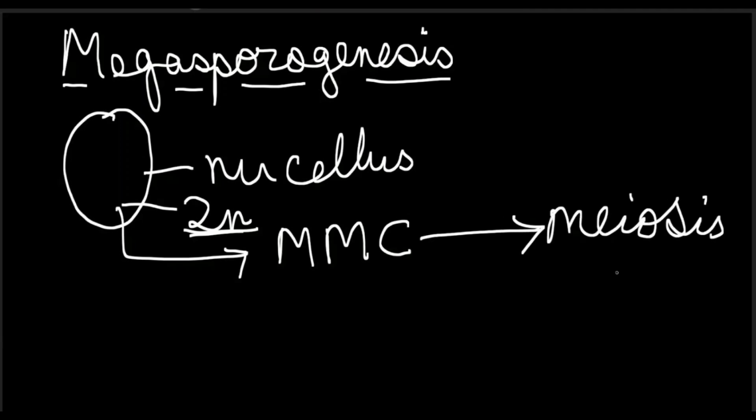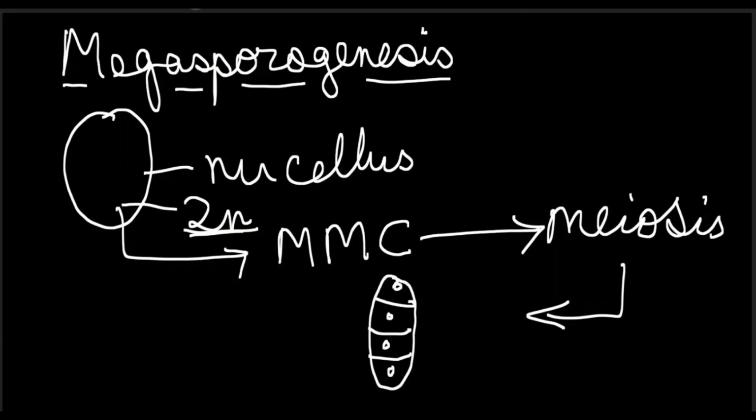As a result, what happens? It will give rise to 4 haploid cells, and these haploid cells will be arranged in a linear manner in this way. So I repeat, one of the cells of the nucellus will function as the MMC, which by meiosis division will give rise to 4 haploid megaspores, and they will be arranged in a linear manner. Now, out of these, any three will degenerate,